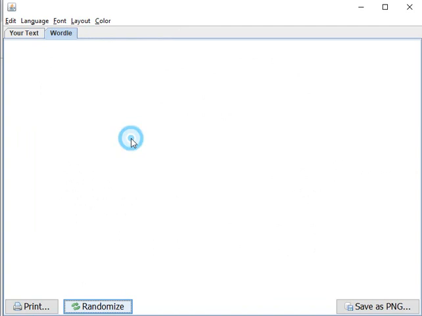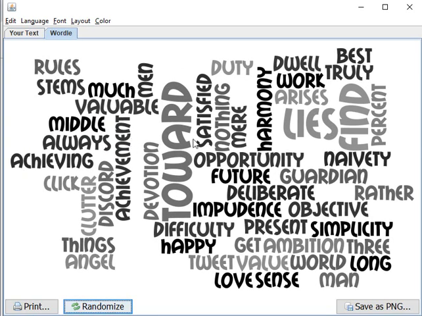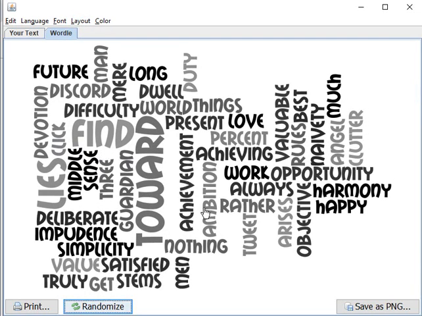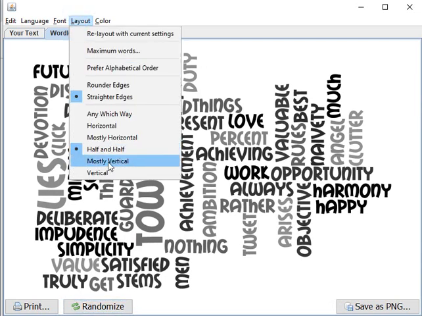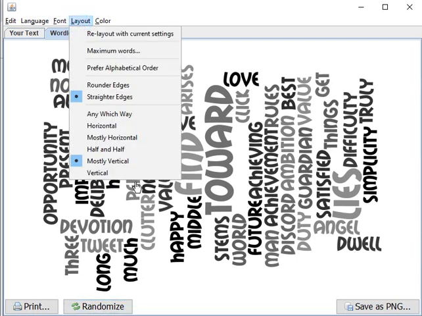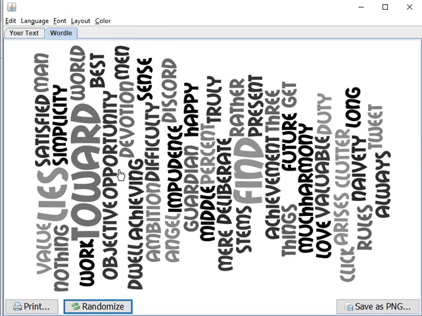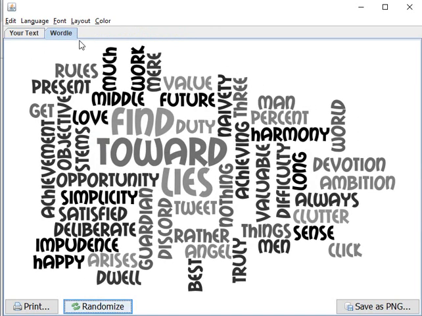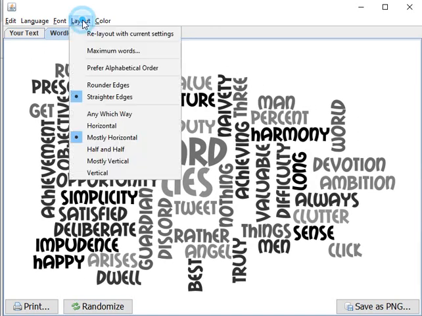And mostly horizontal. Let's see, it turns some one way and some the other, half and half. I like that usually, half and half. And mostly vertical, and just vertical, which is pretty ordinary, I'd say, once you flip it around. So let's keep mostly horizontal, I guess. Now let's go to